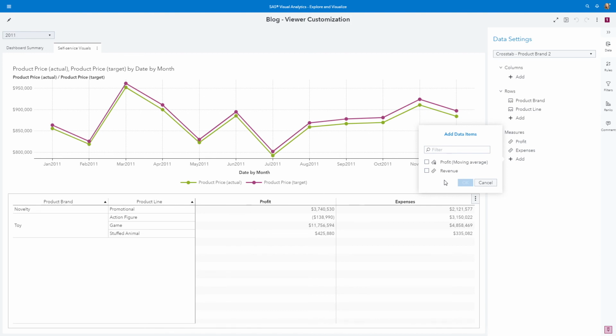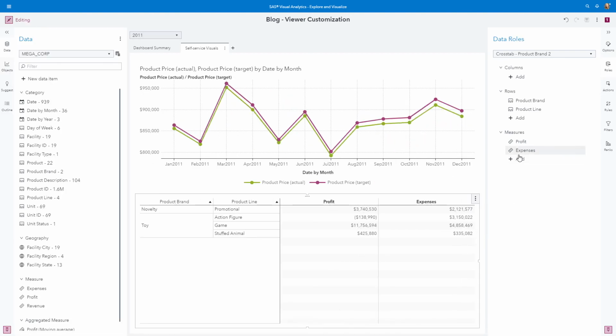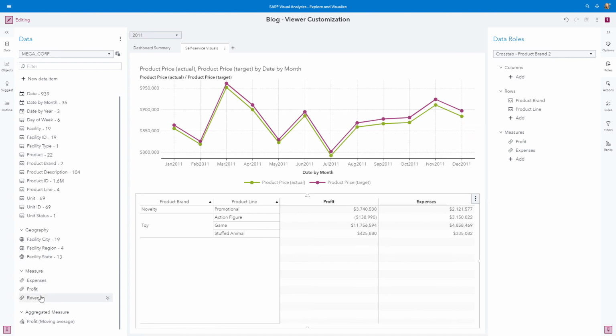The reason I recommend performing these steps close to the end of the report design is because even in edit mode, these show hide data items take effect. So if I were to switch over to edit mode, you could see for even the crosstab, I have a limited number of items that I can select here, as well as in the data pane. To unhide those data items, again, you would use the data pane overflow menu and show or unhide those data items.